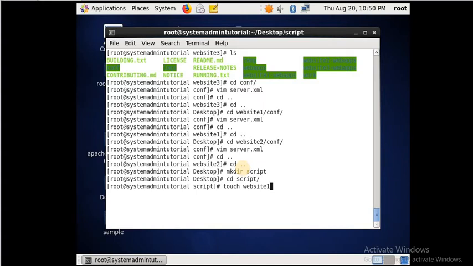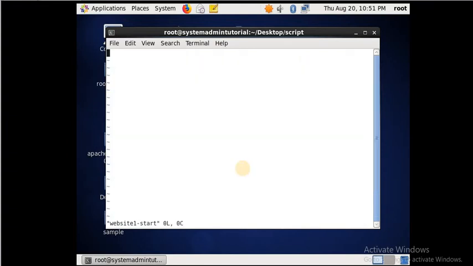So after creating the file, we'll edit this and add some content. Website 1 start.